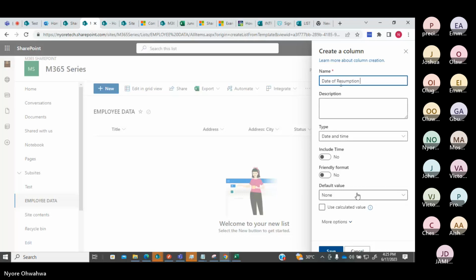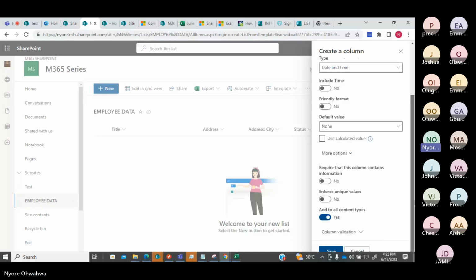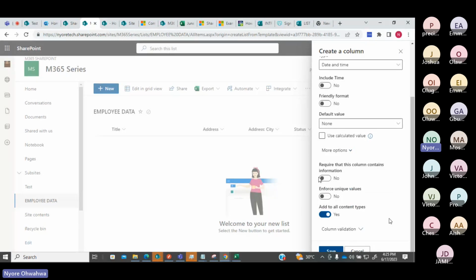Okay, I also mentioned something about required column. So required column is basically making the information required. Sometimes you have a form to fill, maybe someone shares a Google form or a Microsoft form with you, and there is this red asterisk on the form, right? It means that that particular question is required. So if you don't fill that required column, you won't be able to submit the details. That's what this required column is for. So let me uncheck it for this and save.